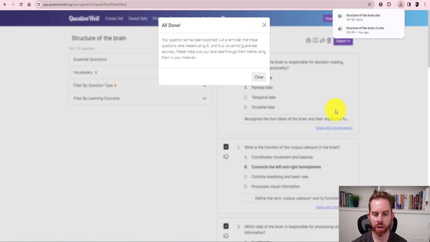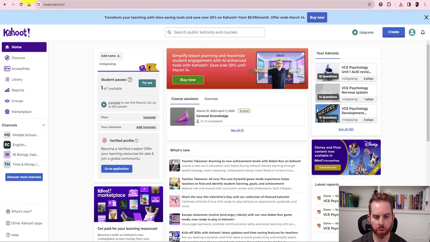But the beauty is that it's in the correct format for Kahoot, and that would be the same for whichever other program we were looking at. So if I was to jump over to Kahoot, and I'm not going to take you through how Kahoot works. You'll either be familiar with it or not, but it's a fantastic piece of software to try out if you're not familiar with it. If we click on Create,